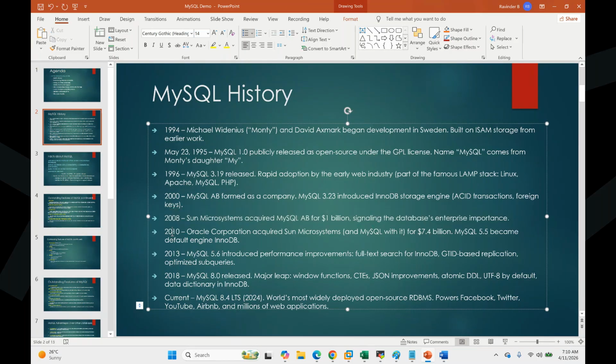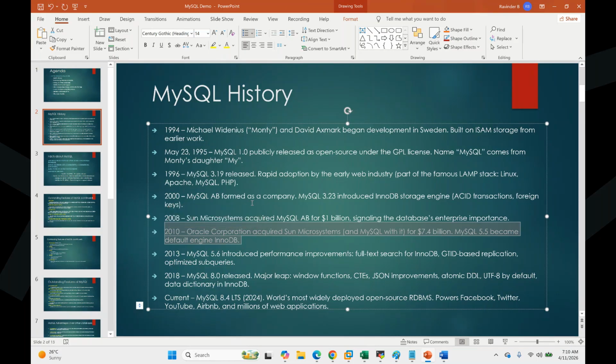But in 2010, Oracle acquired the entire Sun Microsystems, completely, for $7.4 billion. So Sun Microsystems is completely part of Oracle now. MySQL was also part of Sun Microsystems, so Oracle got the complete ownership of the product in 2010. What happened at that time? It's open source, right? So many people had implemented it in the market. They are using it absolutely effectively.